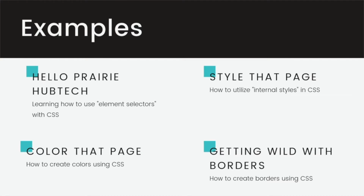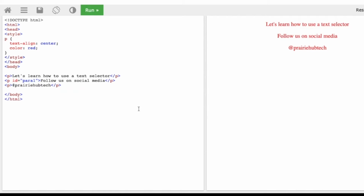All right, so the first thing that we have in front of us is we're going to learn how to use a text selector. So just like under HTML, you're seeing some similar things. You're seeing your HTML, your doc type, your head. We're going to stay here in the style tab. So before we were in the body, but now we're going to be in the style. So this P,